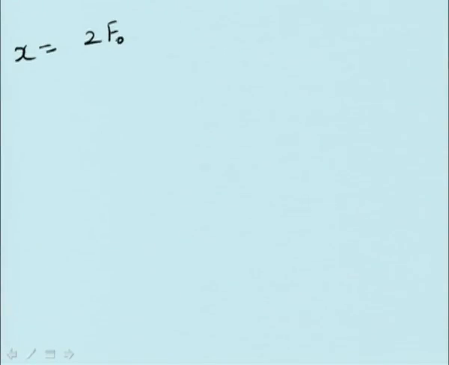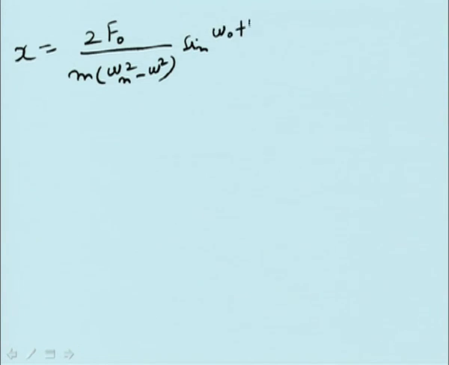2 f0 divided by m, omega n square minus omega square, into sin of (omega n plus omega) divided by 2 into t, times sin of (omega n minus omega) divided by 2 into t. This is the thing. So we get